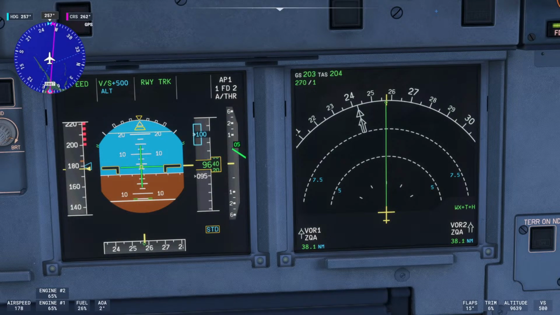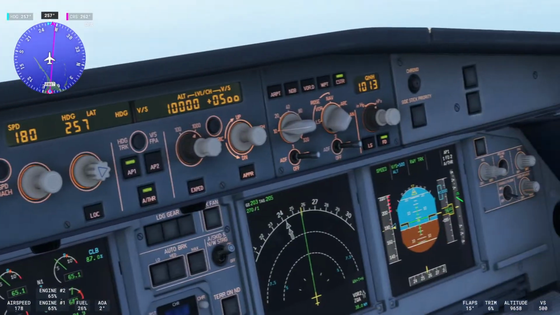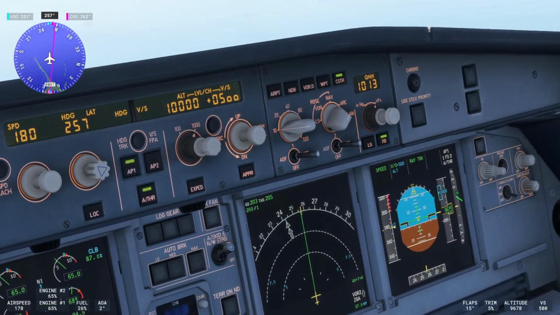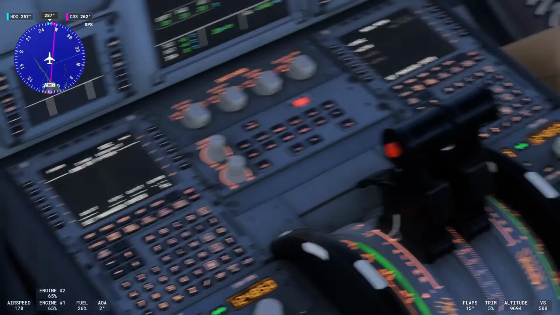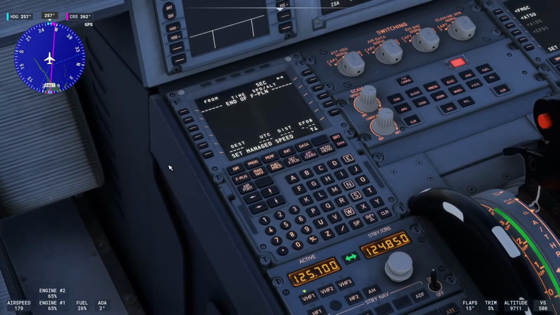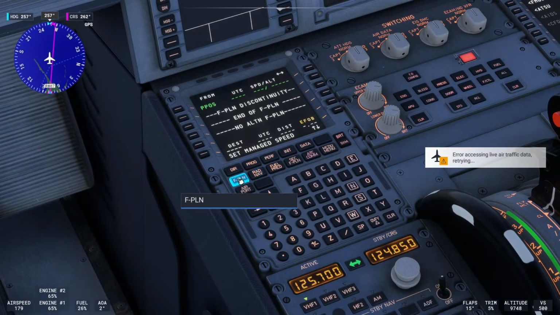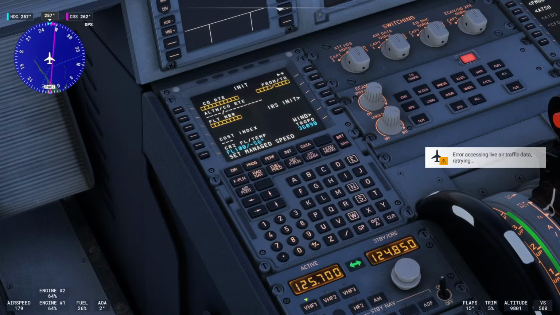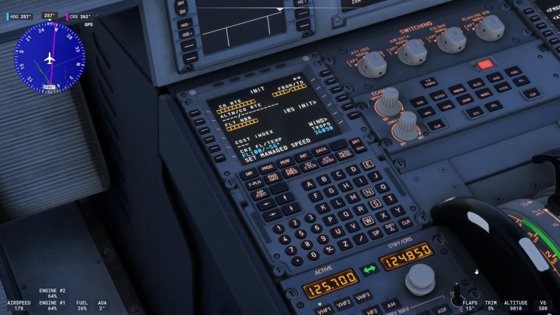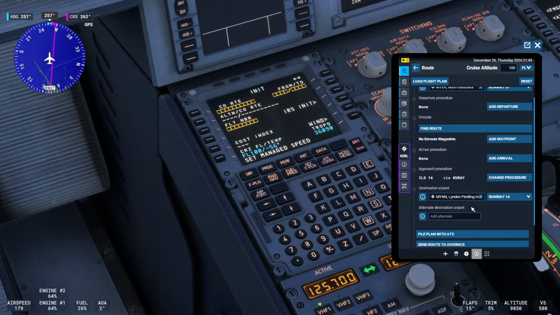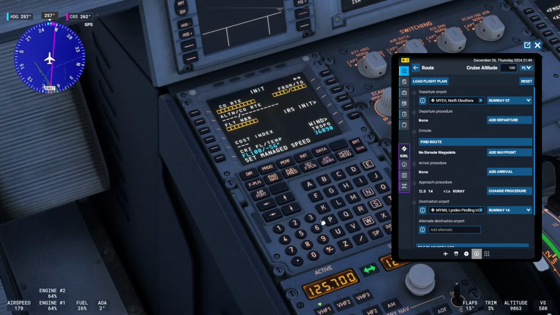So while we're airborne, right, we can't do anything yet, because, hey, what we didn't do is set up the flight plan, right? So let's do that. So let's see if we can set up the flight plan. Let's set it to init, and then we're gonna make sure that we're gonna have this one open, and we're gonna set to Mike Yankee,